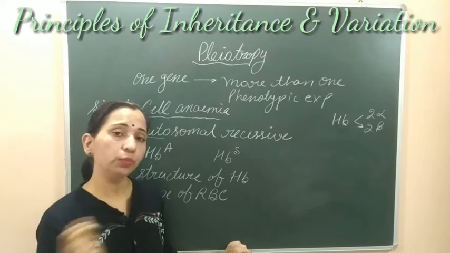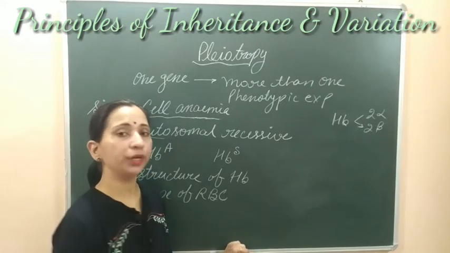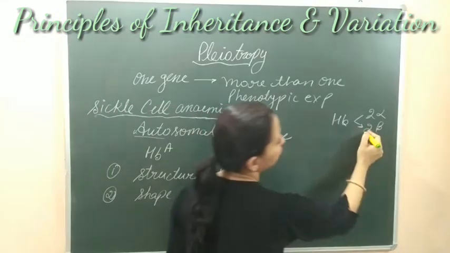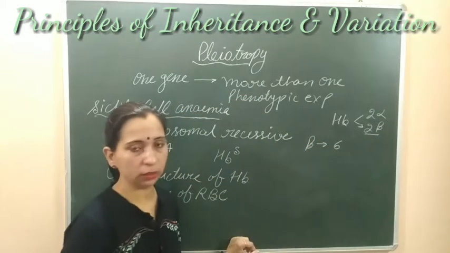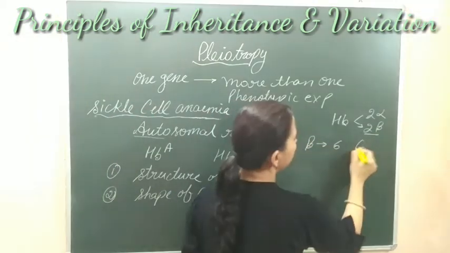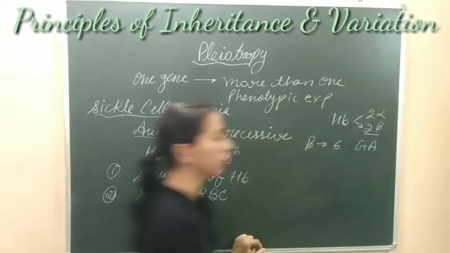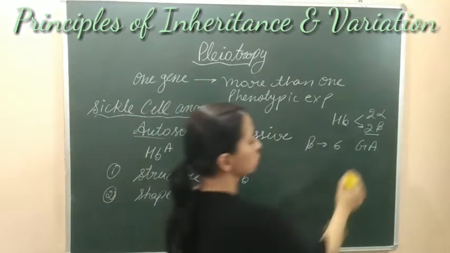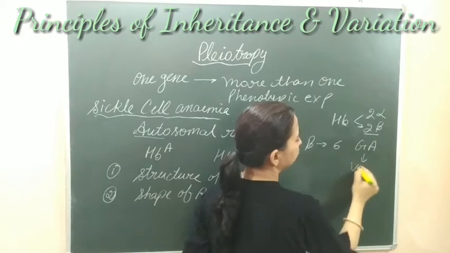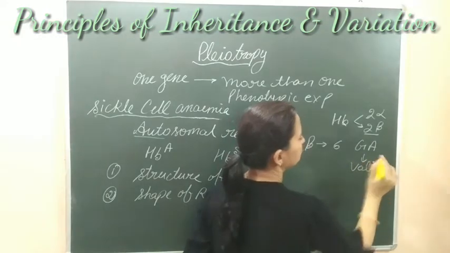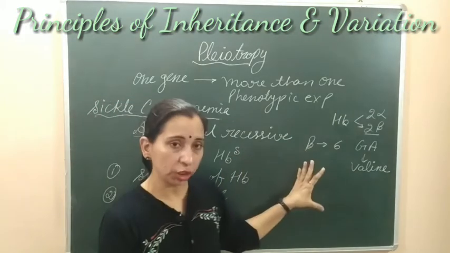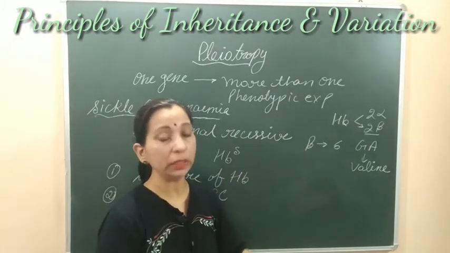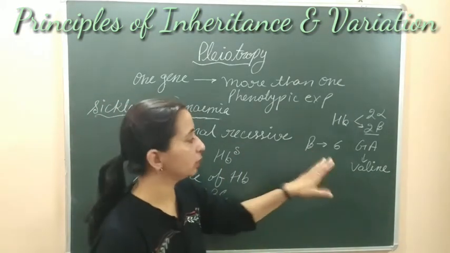So here the point mutation occurs, and due to this point mutation, the beta chain जो होगी, beta chain की 6th position पे, the 6th position, the glutamic acid which is formed earlier, it gets changed and now it starts forming valine. This is the change which occurred in the sickle cell anemia due to the point mutation. The beta chain of hemoglobin at its 6th position, it gets changed.